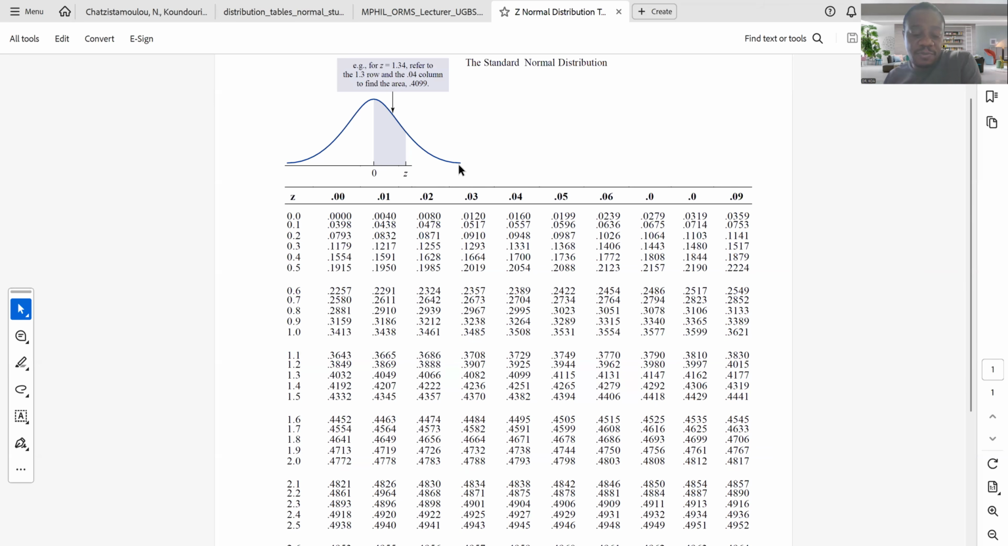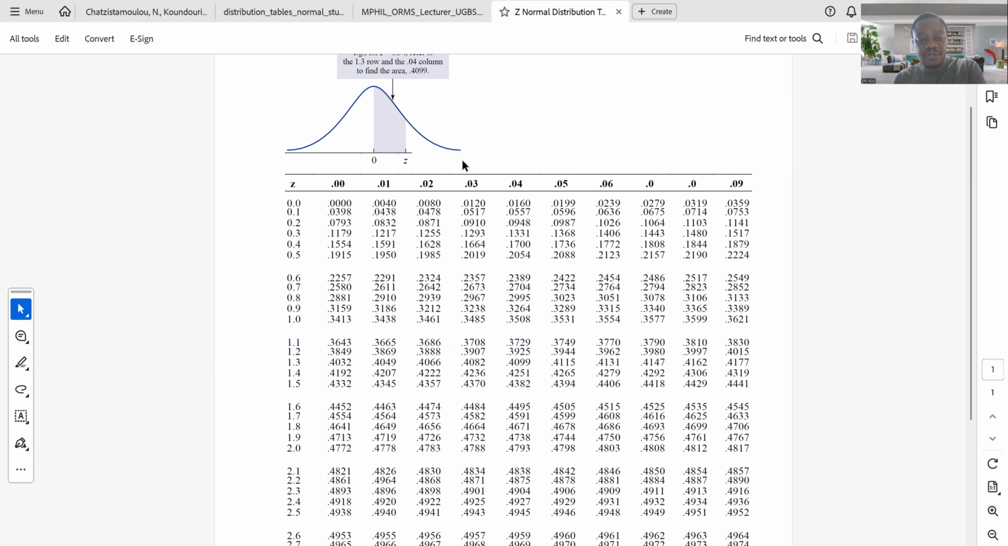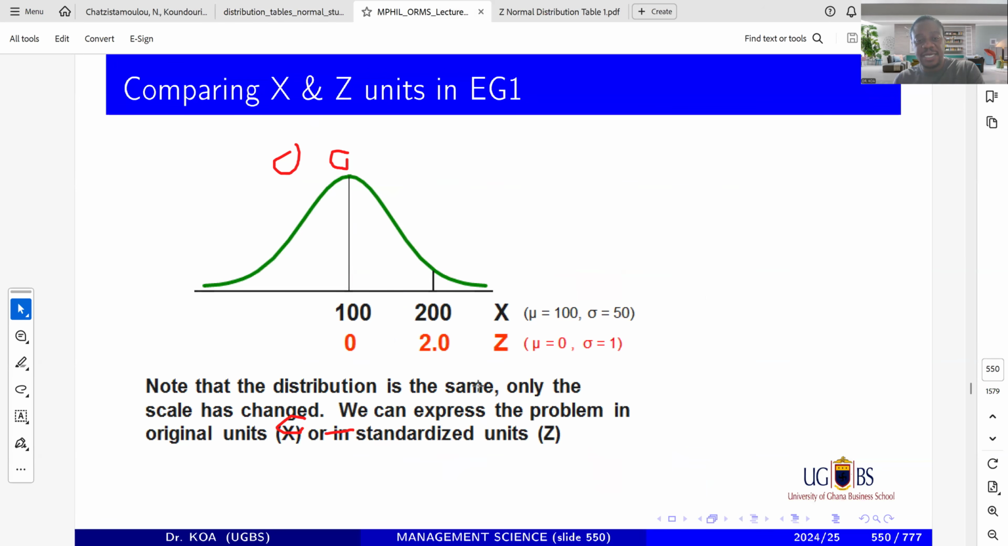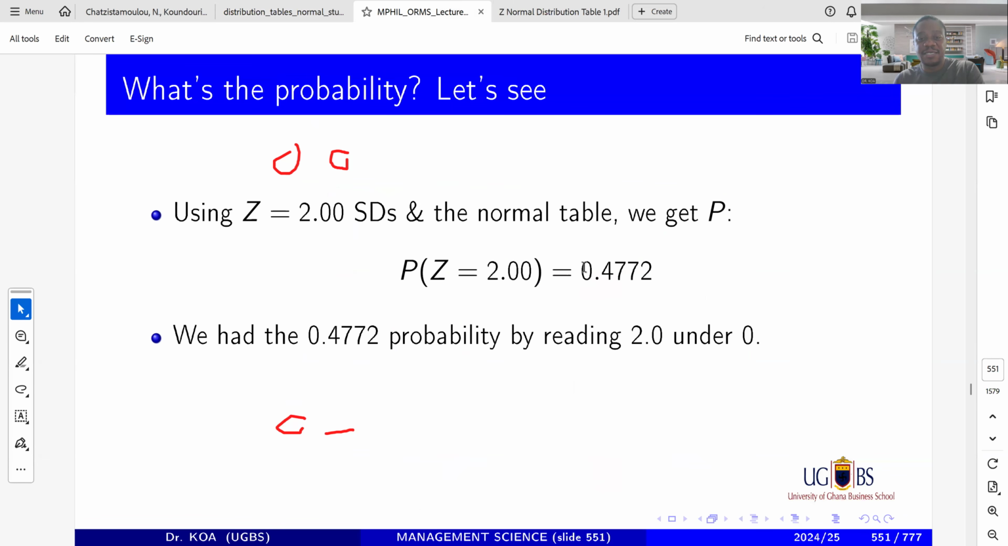We have this table, and you're looking for 2.0. So let's come to 2.0. Okay, 2.0 Z is still here. You read 2.0 under 0, and you get 0.4772. That's easy peasy, and that is how you are able to read this thing. And that gives you this answer, which is